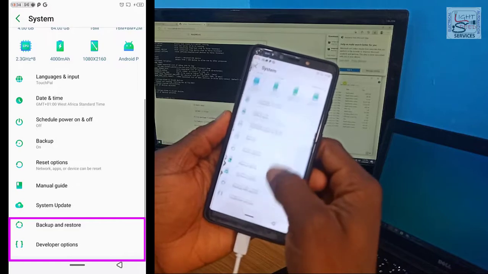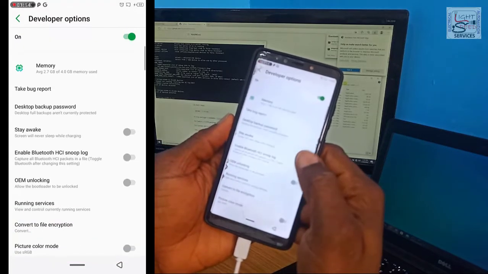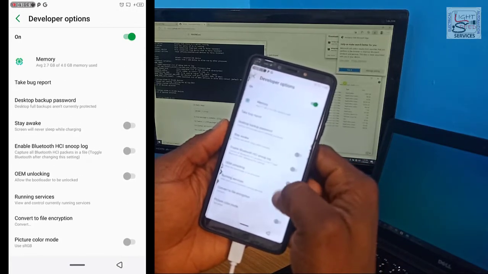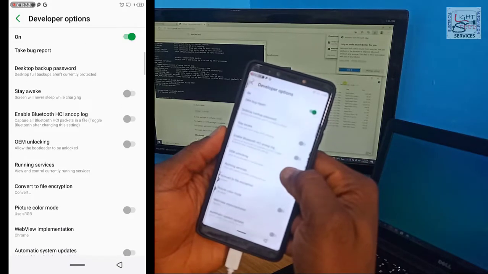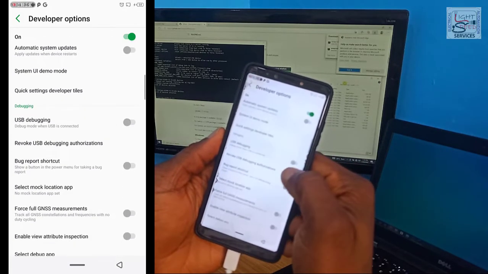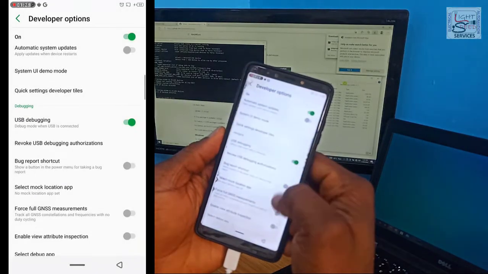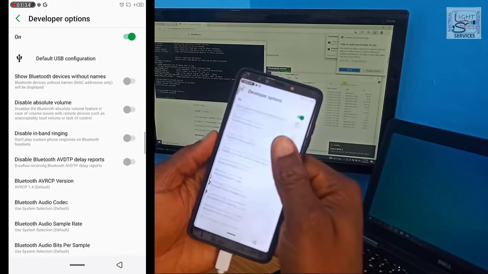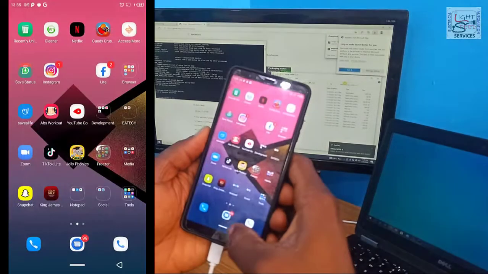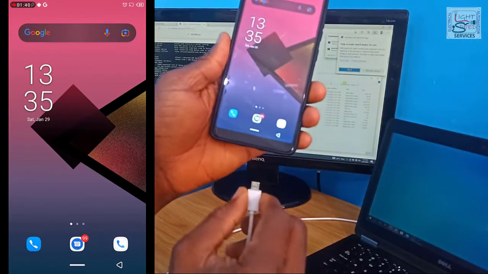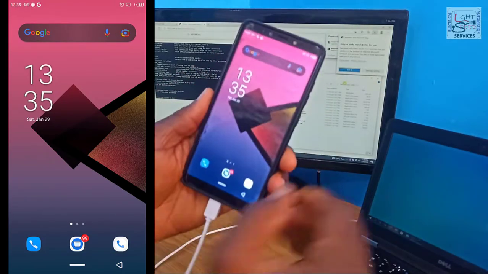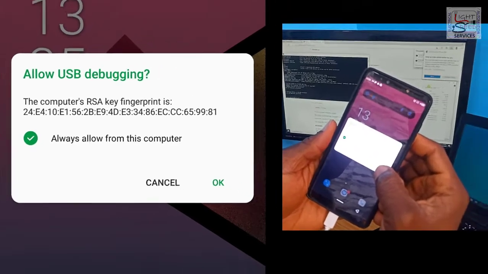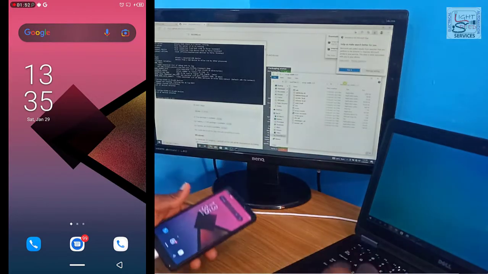Okay, so when I go back, you will see a new option, developer options. It wasn't there before. So when I open it, I need to find USB debugging. USB debugging, here it is, and enable it. Okay, so now I'll be able to access this phone. If you look at my laptop screen, you will see my laptop is detecting it as a new device. Okay, so when I unplug it and plug it again, it will ask me, do I want to allow USB debugging? I will say always on this computer, because don't do this if you're using another person's computer.